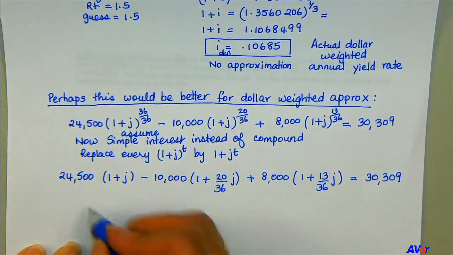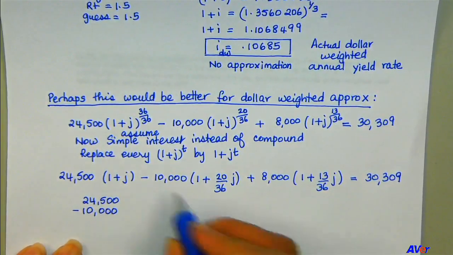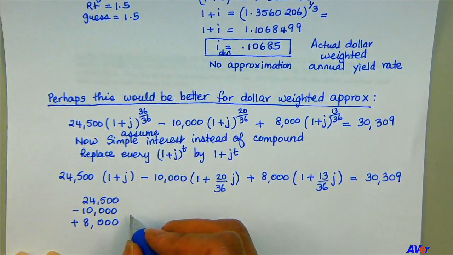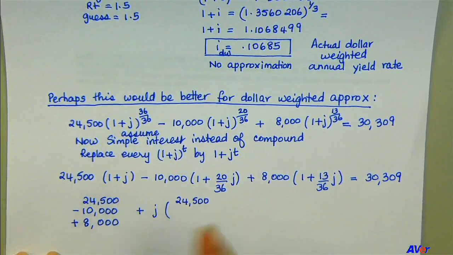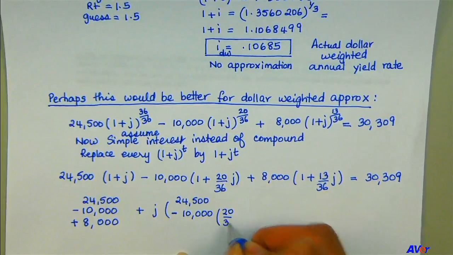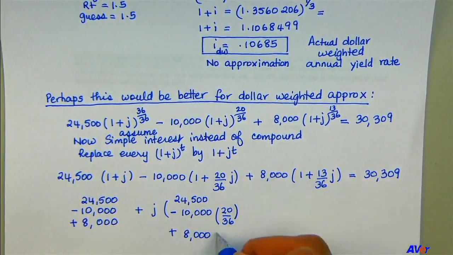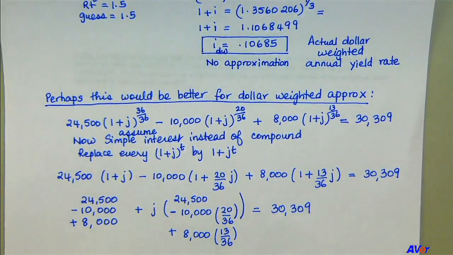And solve. So 24,500 minus 10,000 plus 8,000, plus j times 24,500 minus 10,000 times 20 over 36, plus 8,000 times 13 over 36, equals 30,309. Do you see that what I've done here